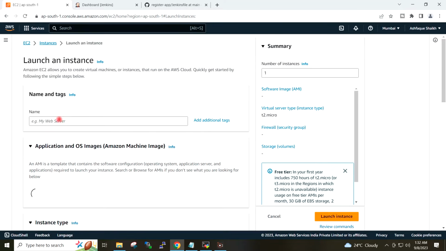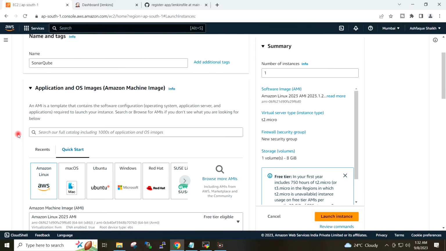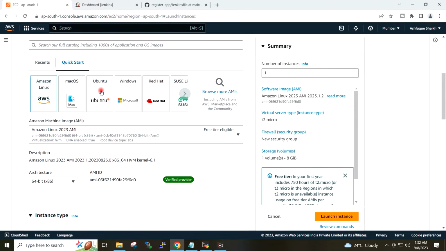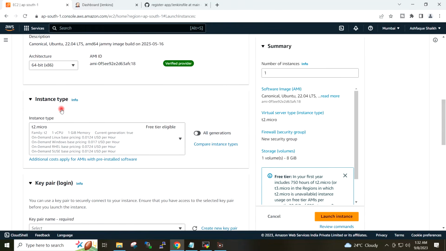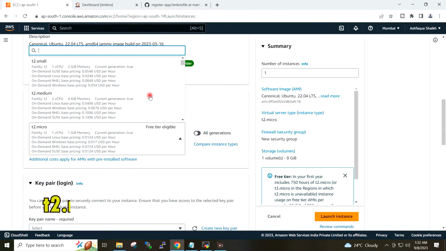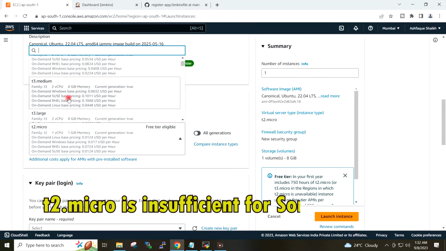I will give the name SonarQube, Ubuntu, and instance type I will select T3 medium.